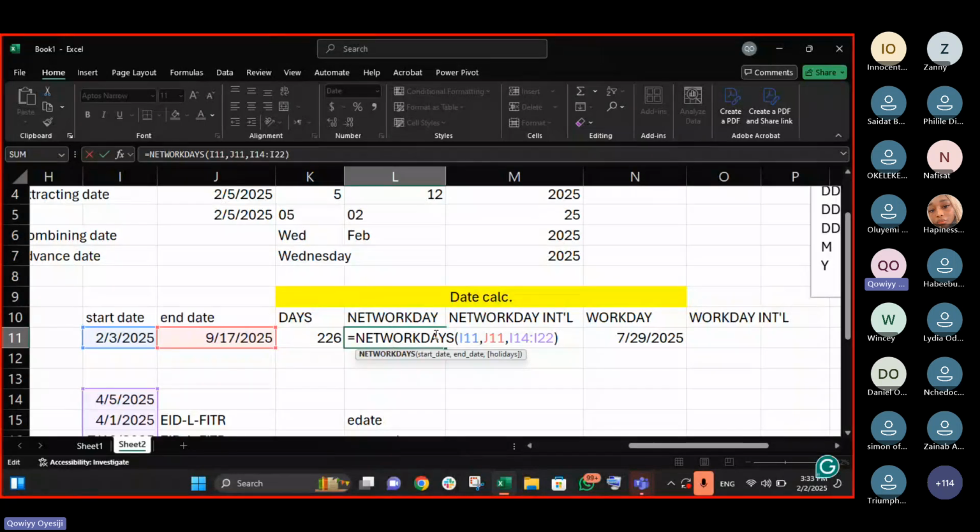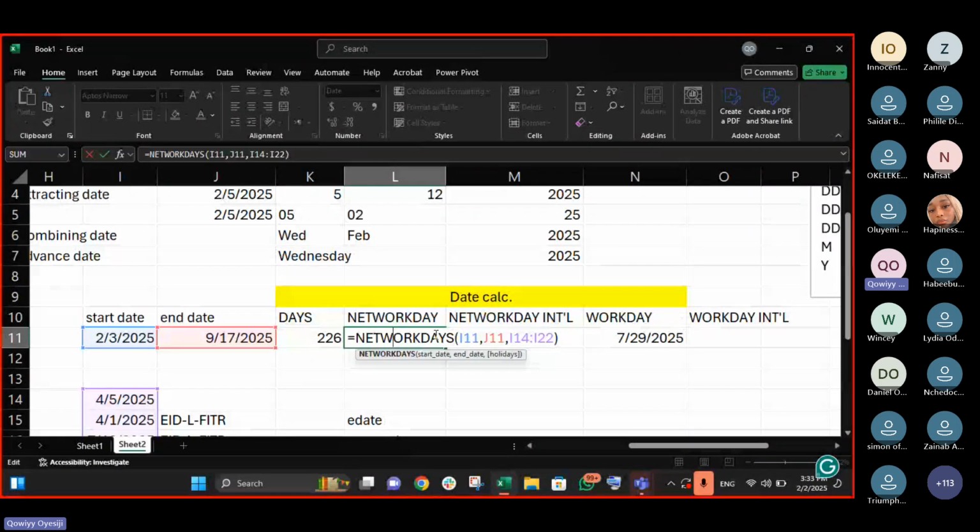She said the mode I want us to use in paying our workers is that since they are going to be working from Monday to Friday, we are going to be paying them per day. Let me just make it 1,005 per day. Exactly. So you want to know the number of days they will use in doing that work for us. That is what NETWORKDAYS is for. It's going to tell us the number of work days between two particular dates.